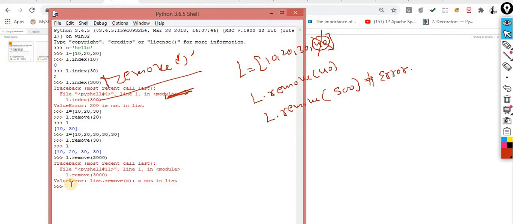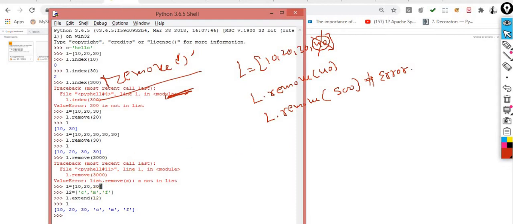And the second one was extend. Let me show you the practical for extend: 10, 20, 30. And list 2 is this one: chicken, mutton, and fish. Now these are two lists. Now I want to extend L with whom? L2. Now I print L. Now you can check it out. 10, 20, 30, chicken, mutton and fish are inserted at the end of the list. So this concept is called extend, and this concept is called remove.